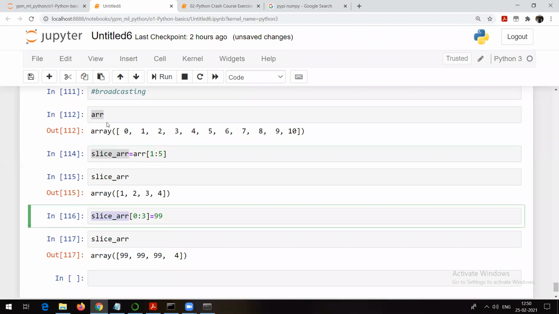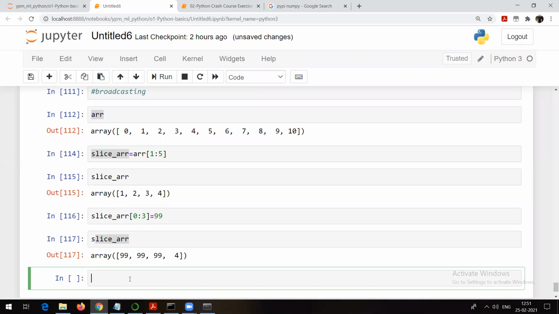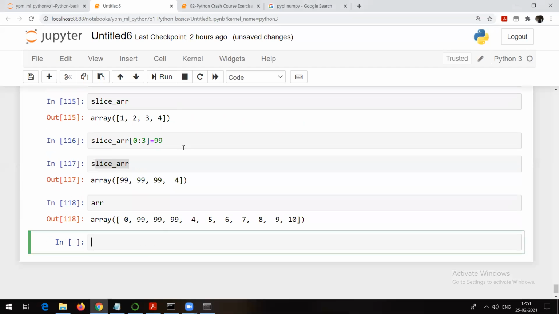I did not make any change in the original array directly. My question to you is, will there be any change in arr, the original array? Yes or no? Samruddhi is saying yes, Yash is saying yes, many people are saying no. So try to understand, there will be a change. There will be a change.